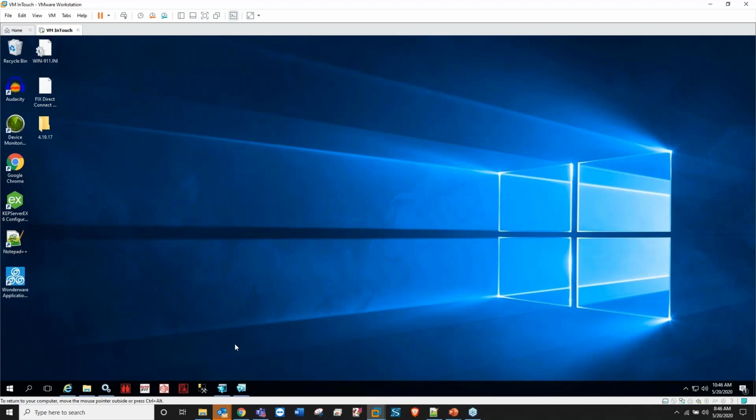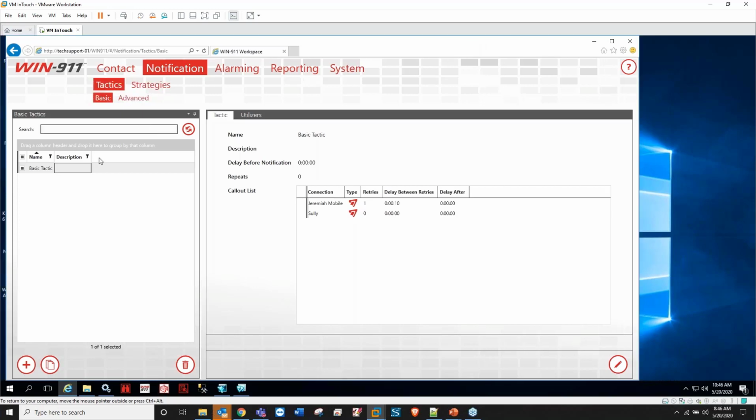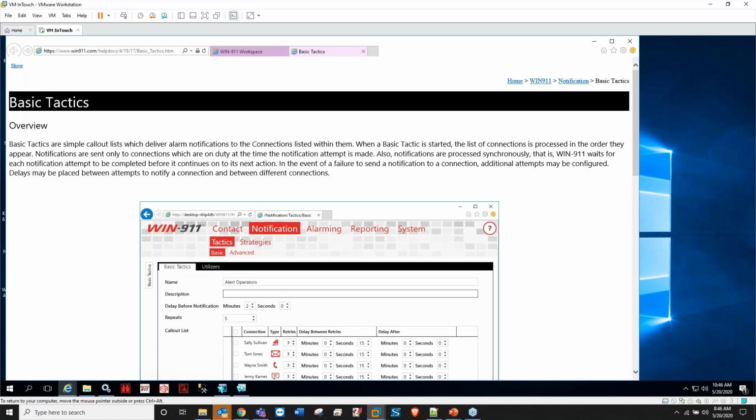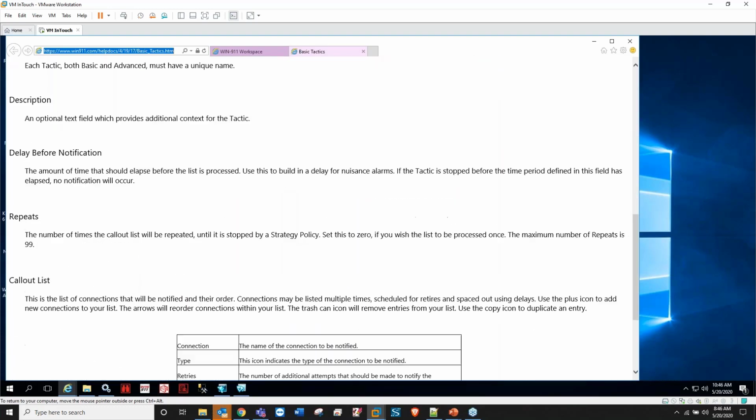And now we want to talk about the help file in the workspace, right? So you're in the workspace, you don't know what this page means, you don't know how to create a tactic, just click on the question mark. If you don't have internet access on your machine, that's fine, this isn't going to load, but just copy the link that it pulls up, take that over to a machine that does have internet access, and there you go. This goes over the basic tactic, gives you the overview, an example, the name of every single field in there,